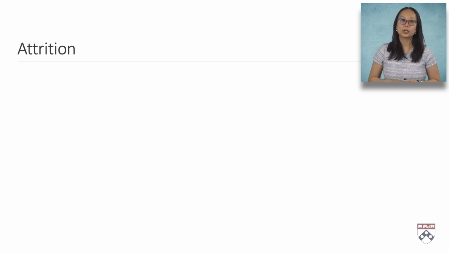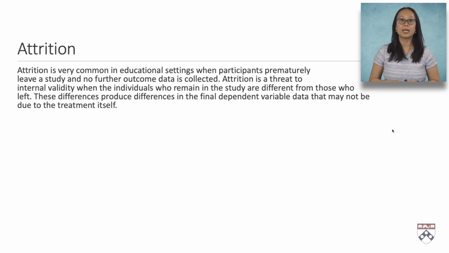Finally, moving on to attrition, which is very common in educational settings. This is referring to the situation when participants prematurely leave a study and no further outcome data is collected. Attrition is a very serious threat to internal validity when the individuals who remain in the study are very different from those who left. And these differences produce differences in the final dependent variable data that may not be due